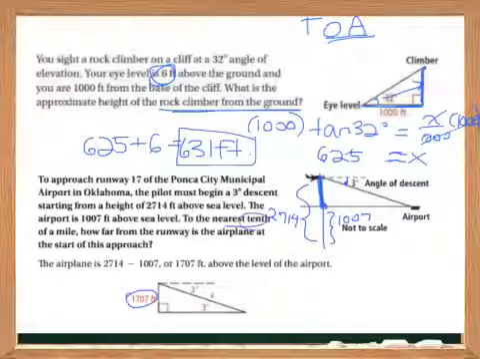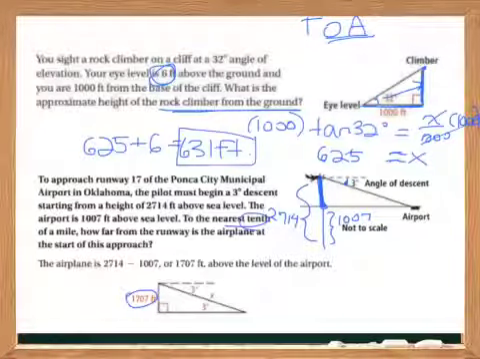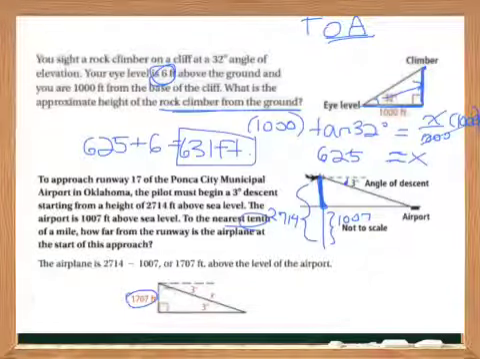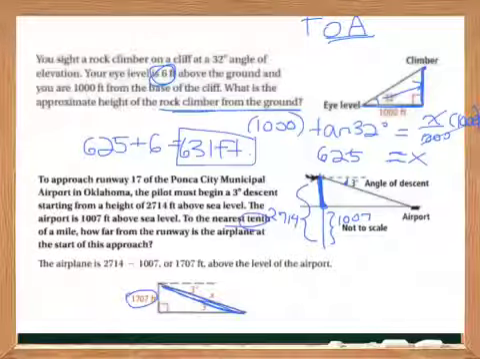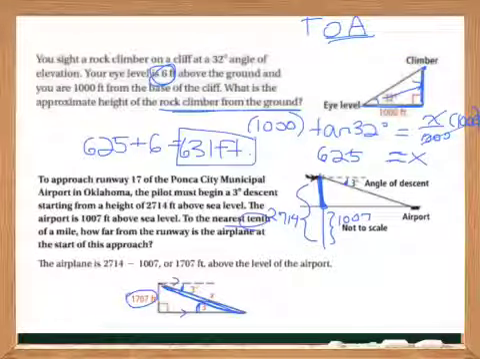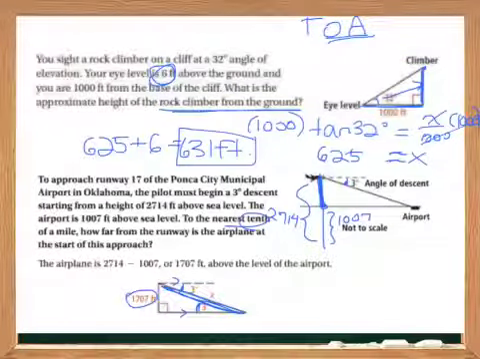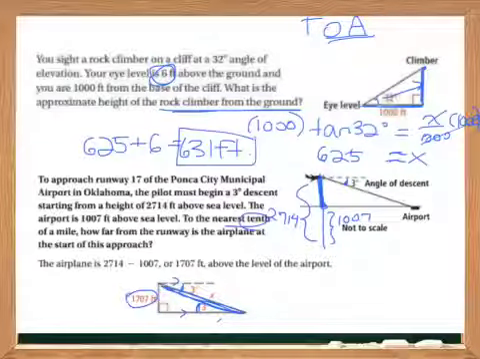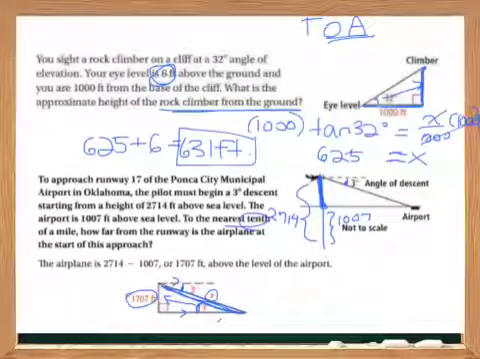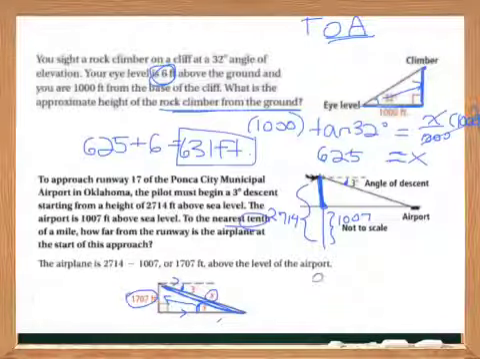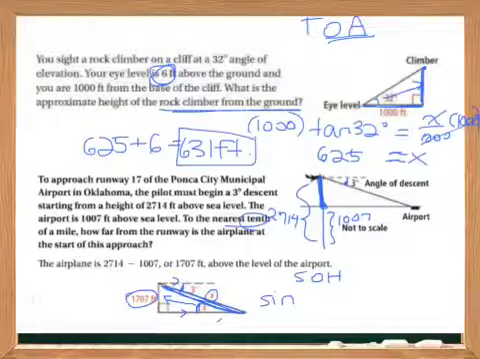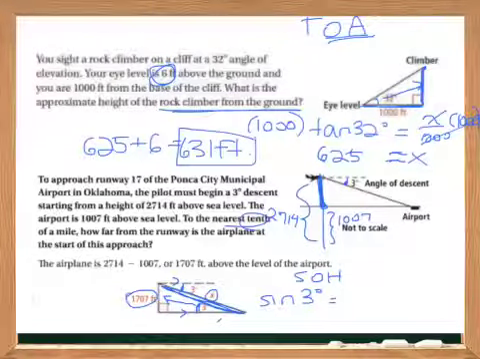To the nearest tenth of a mile, how far from the runway is the airplane at the start of this approach? So we're looking for the hypotenuse. If this is 3 degrees, then this is 3 degrees, because these lines are parallel and these are alternate interior angles. So that's how we get the angle inside the triangle. Then we have the opposite, and we're looking for the hypotenuse. Well, which one uses the opposite and the hypotenuse? Sine. So we're going to do sine of 3 degrees equals the opposite,